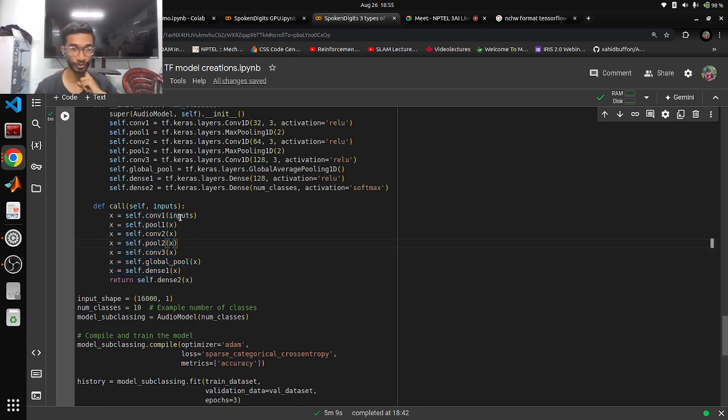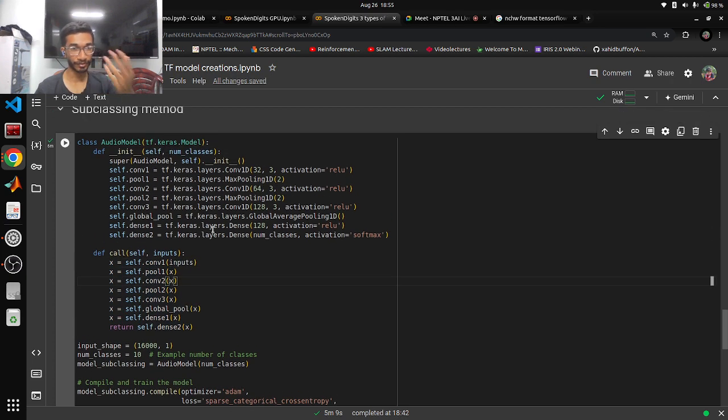Here also you are sending inputs to something X, and then that X is going through pooling, and then through another convolution, pooling, and so on. On the appearance, it might look similar, but you can imagine that this itself is a function of a class, and depending on some class variables,